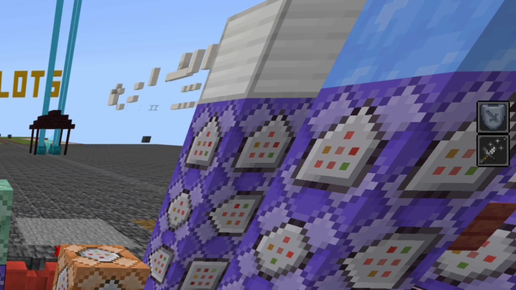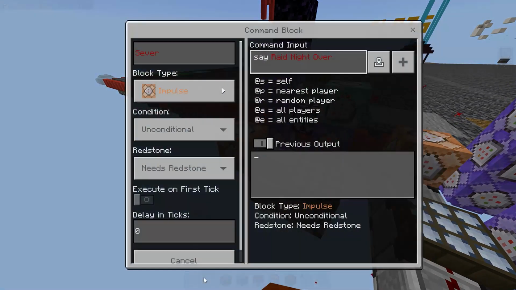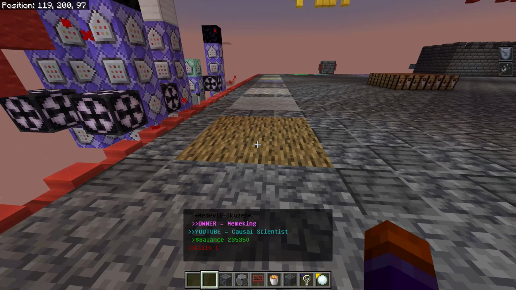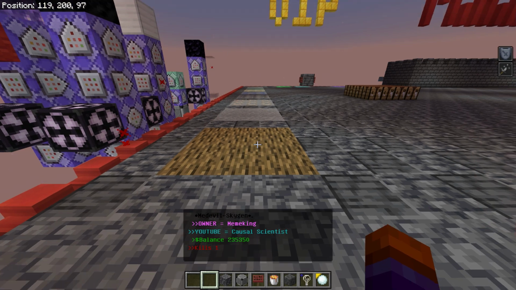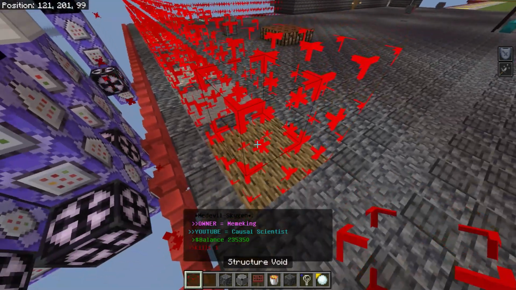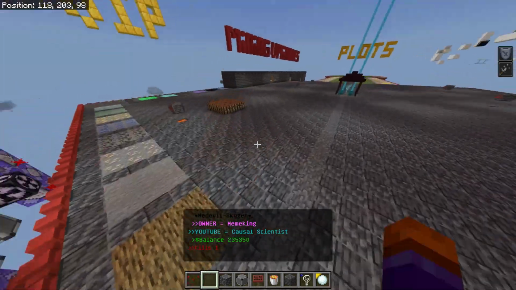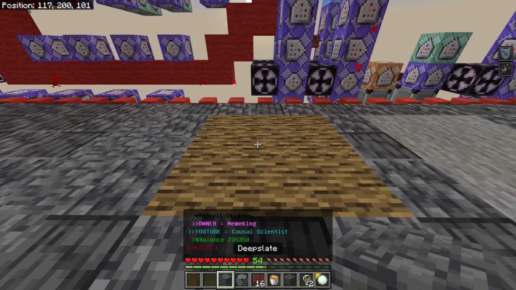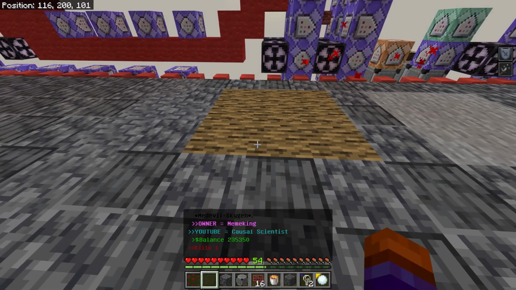And I get my effects back and it says raid night over. So the next part is the set block command. I have these because if I'm in survival mode, here let me go in survival. I cannot place blocks here, but if I get rid of them,